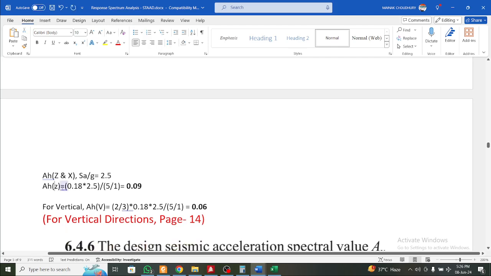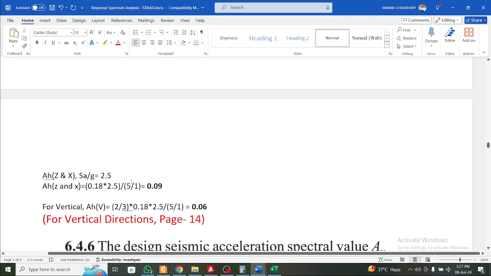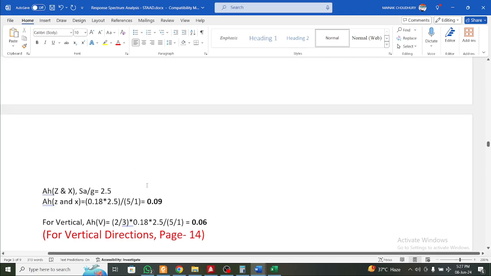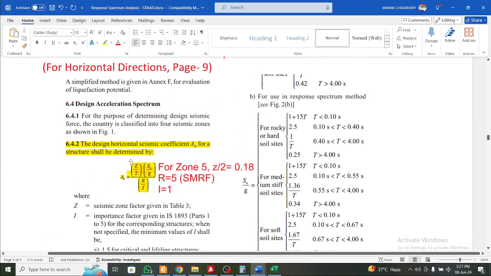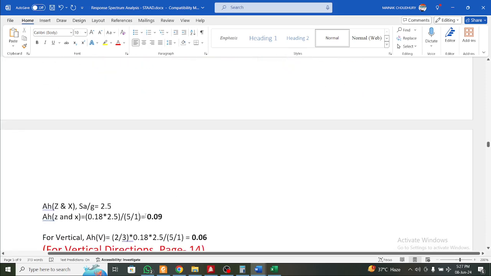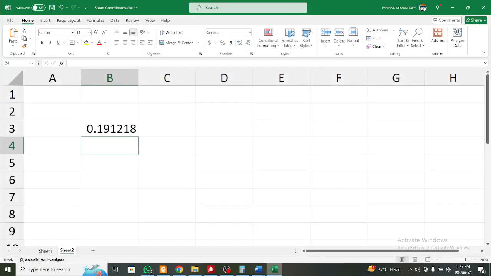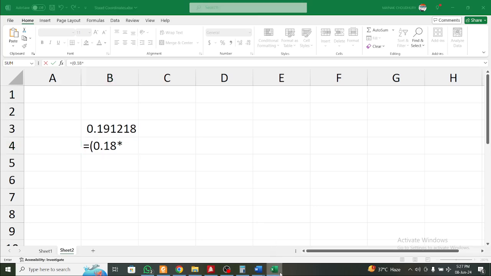If you do, Z and X will be the same. It can be different for other cases, but in this case, acceleration in the Z and the X direction is the same. So Z by 2 will be 0.18, Sa by g is 2.5, we take from here. R by I will be 5 by 1.5, importance factor is 1.5 here. So we'll just calculate the value here, which equals 0.18 into